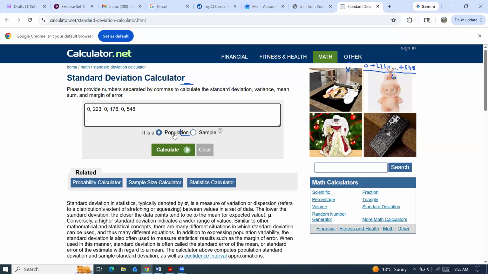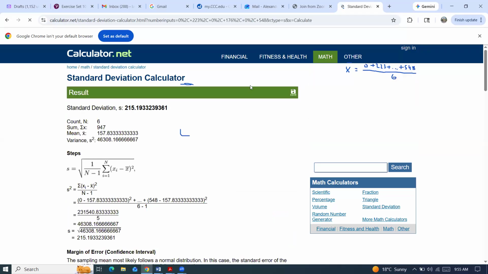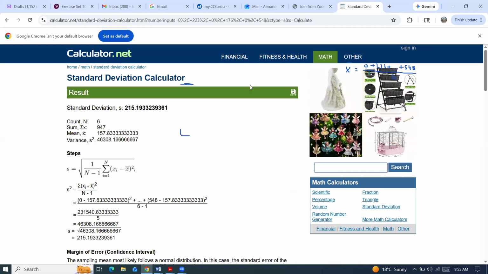And sample, that's what we are dealing with, right? A sample is a group of elements. There is also a population, but we're never going to use population. We just use sample, and then I click calculate, and this calculator will actually produce for me what I need